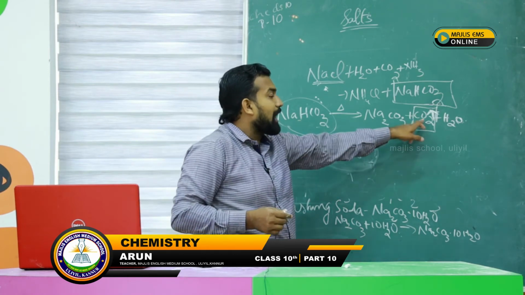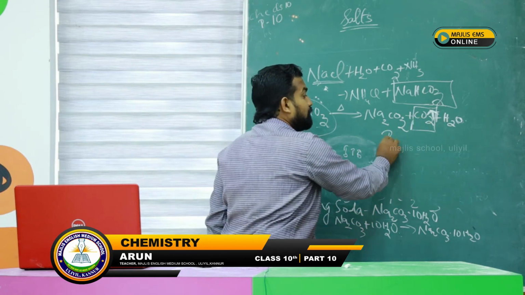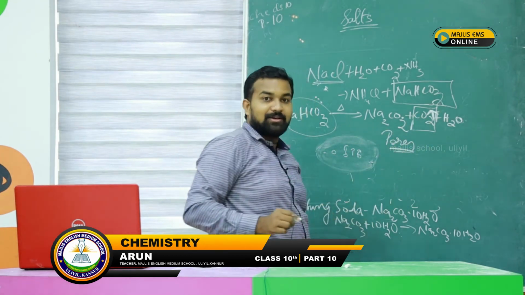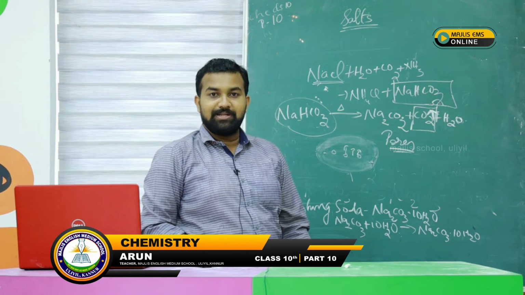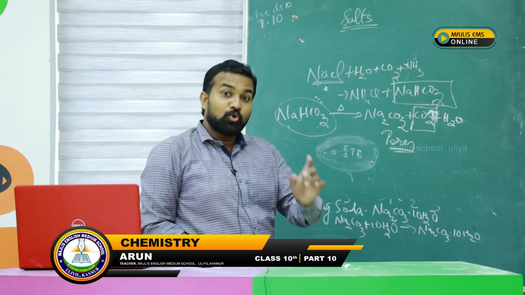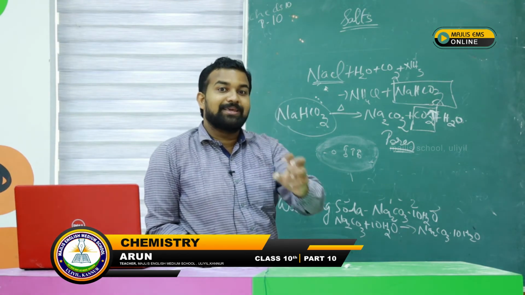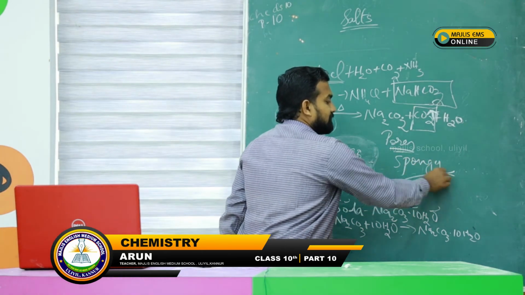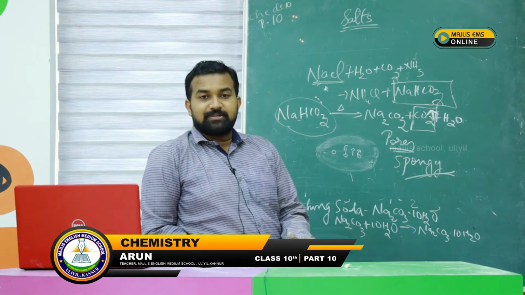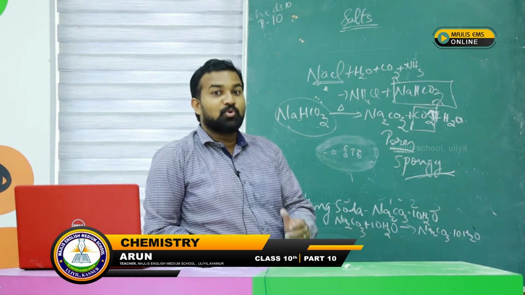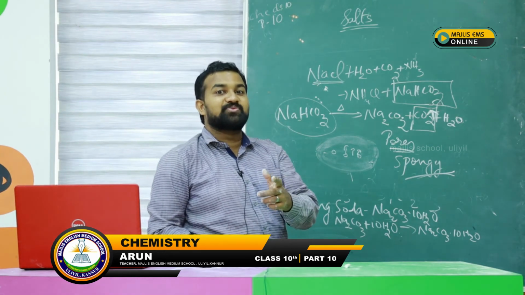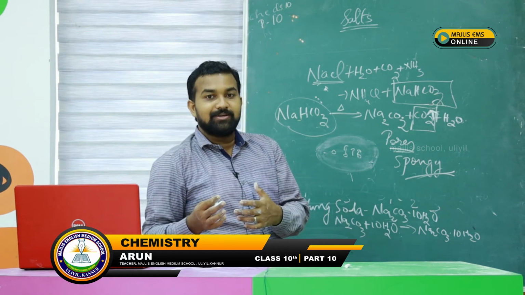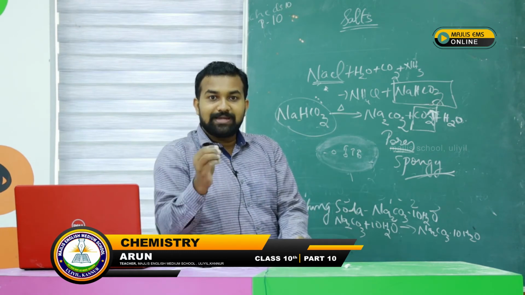So the evolution of carbon dioxide gas will make tiny pores inside the cake and inside the dosa or the idlis. Those tiny pores are making the cakes what? Spongy or softer. Is that clear? So who is responsible? The carbon dioxide gas which is moving out from the cake, making tiny pores, that is important.